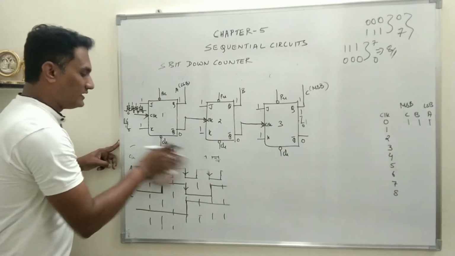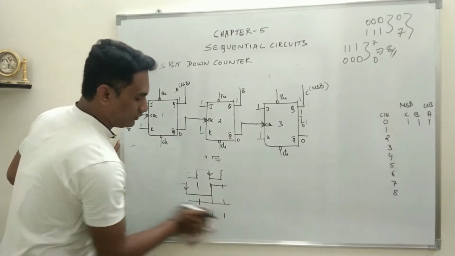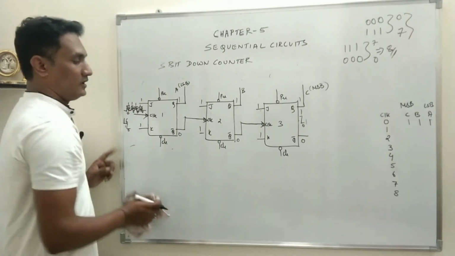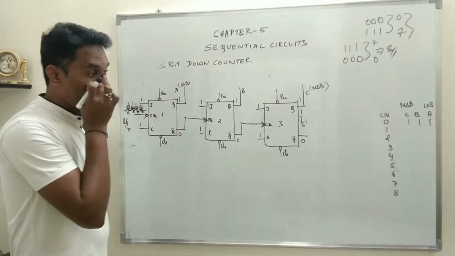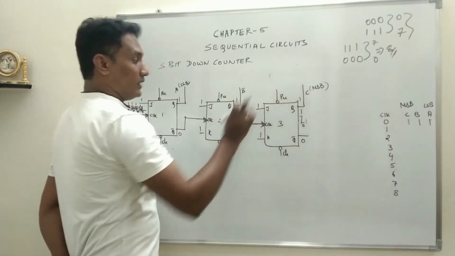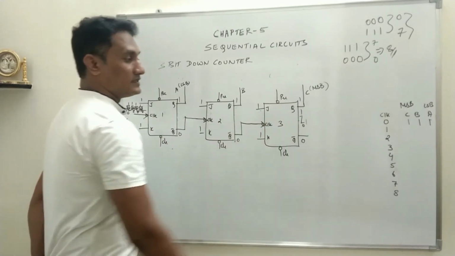We know we don't need a timing diagram for this circuit, that is a down counter. We don't need it, but if you want to design it, you can. We will try to understand that too. So what is the initial condition? A is 1, B is 1, C is 1. Of course Q output of all the flip-flops is 1, therefore Q bar is 0.